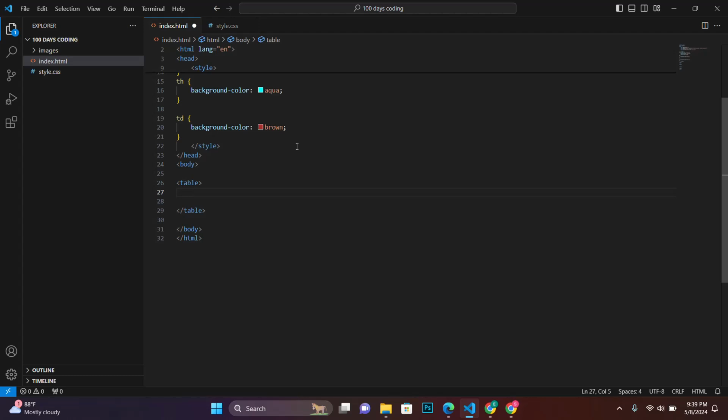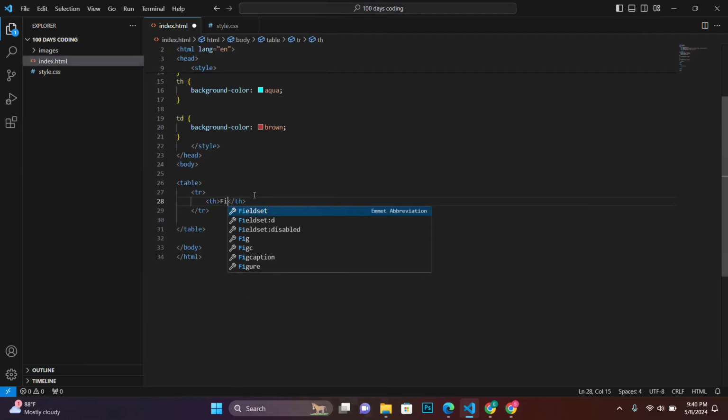So we're going to look at row span, and I will explain how it works for us. All right. So here I will have my TR, and inside my TR, I will have my table header. All right. And my table header now, I want to, okay, so let's just do first name,